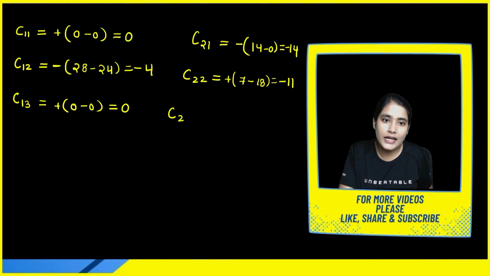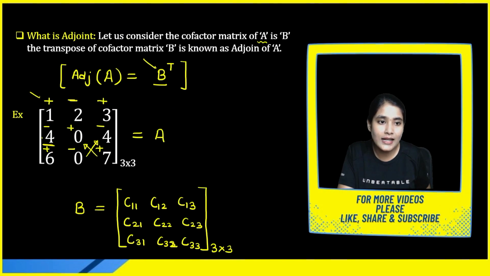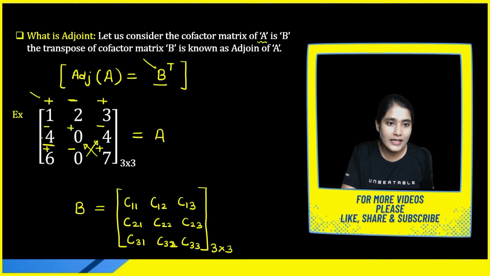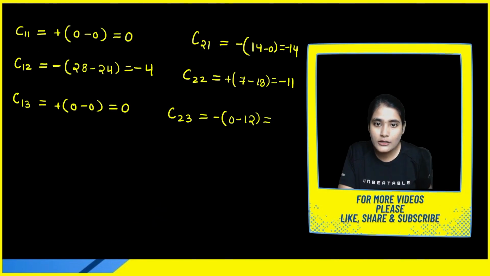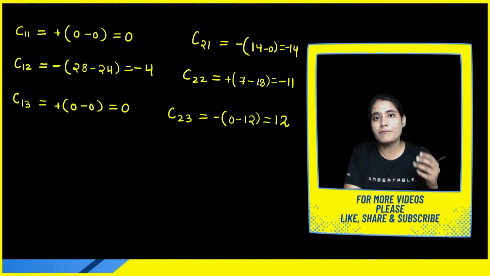Okay. Then C23. What is the value of C23? Please find it from the matrix. This is the 2 3 position. It is a negative position. Corresponding column, corresponding row. You will get 0 into 1, 0, minus 6 into 2, 12. Okay. So what we have to do? We have to consider minus sign. Then you are getting 0 minus 12, because we are taking this value now. So 0 into 1, 0, 6 minus 2, 12. So it will become plus 12 basically, because there is one more minus outside the bracket now. So both minus are going to become plus.